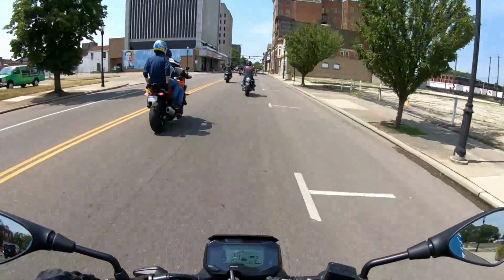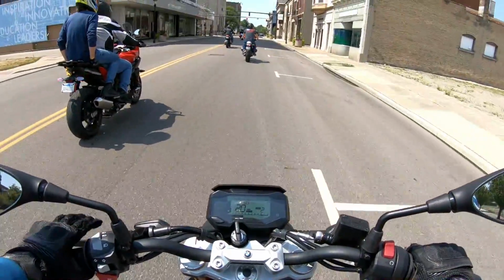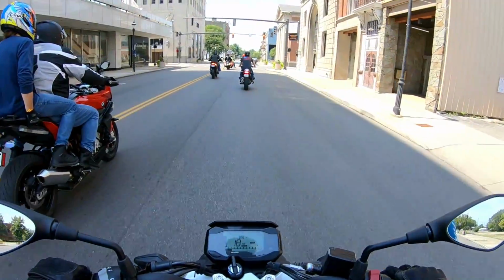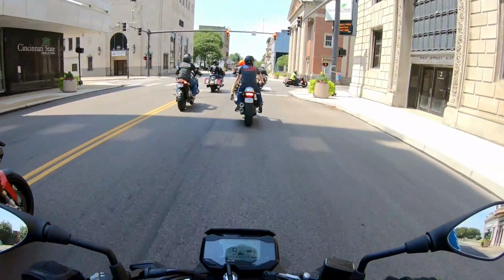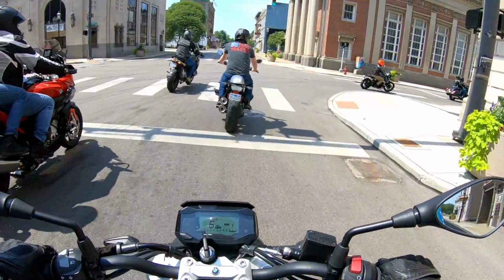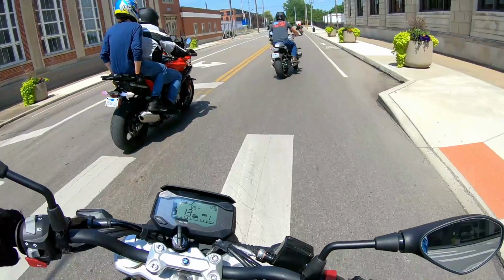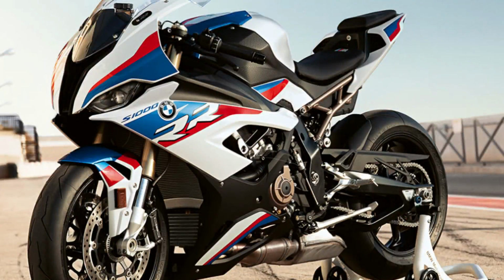BMW mentions the unconventional cylinder head, which is rotated 180 degrees so the center of gravity is towards the front wheel, allowing for better control. Standard seat height is 30.9 inches with optional low-high seat configurations. Color schemes are Sport, Passion, Triple Black, where the Sport theme is racing inspired, similar to its big brother, the